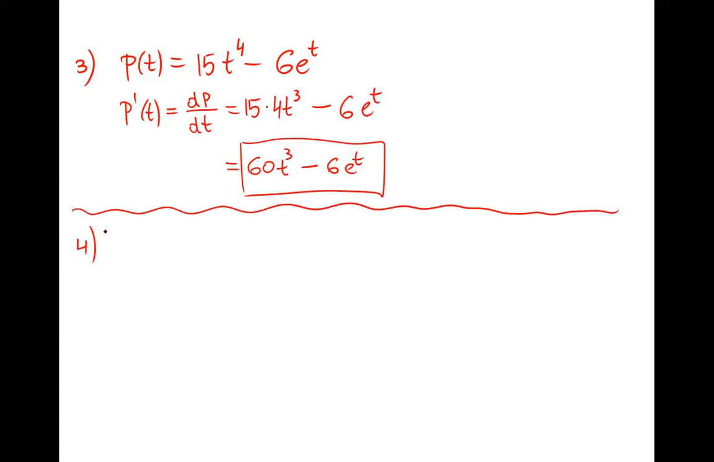Okay, problem number 4. G of t is equal to 4t to the power of 5 minus 3 over square root of t, actually plus, over t cubed. Okay, let's differentiate function g. 4, copy the constant, the derivative of t to the power of 5 is 5t to the power of 4, minus, and now what do I have? I have a constant,